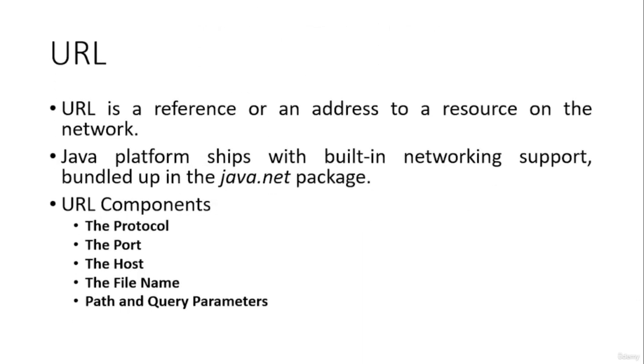First we will discuss the URL class. The URL class is available in the java.net package, which allows us to have a URL connection to particular websites. We will be able to access the website information through Java code. Now let us see some of the components of the URL. The first one is the protocol, which decides which protocol we are using, and next is the port, a specified number through which we will be able to connect to the particular web server.